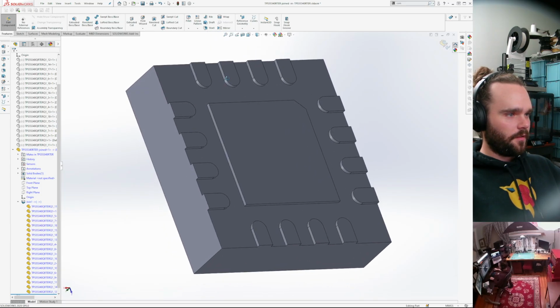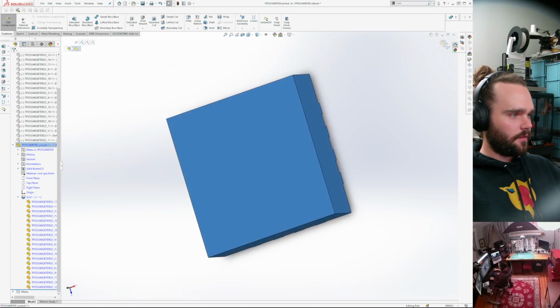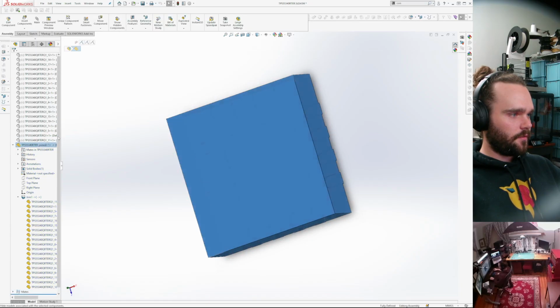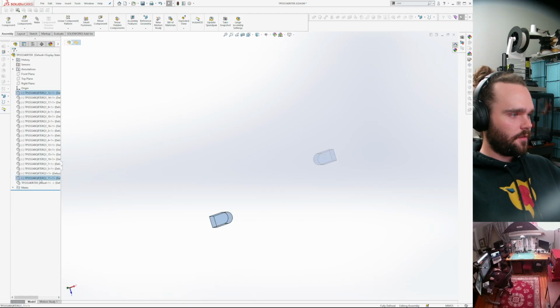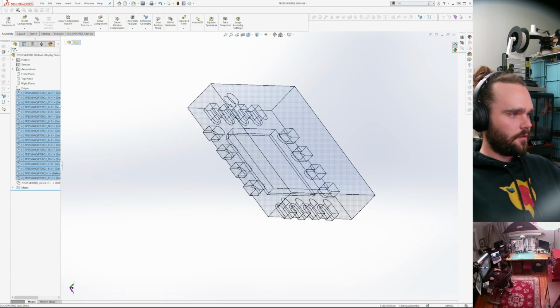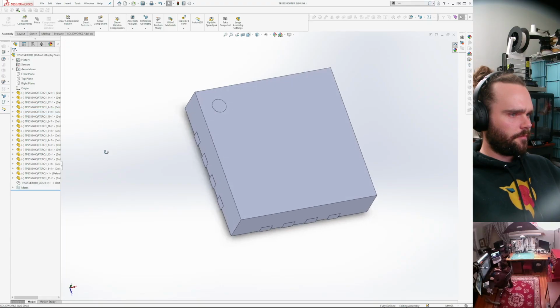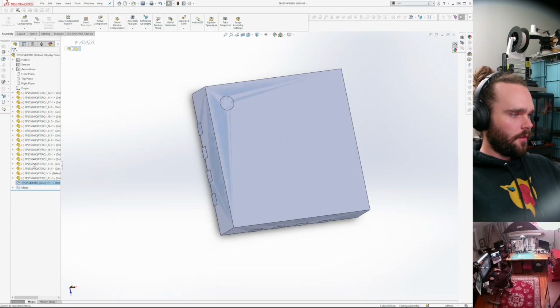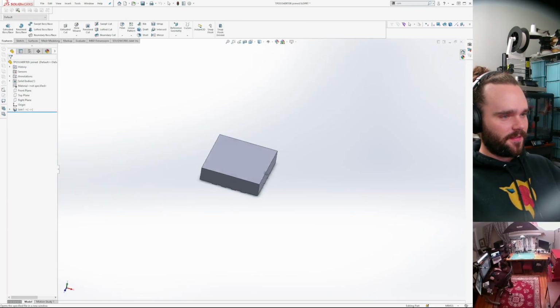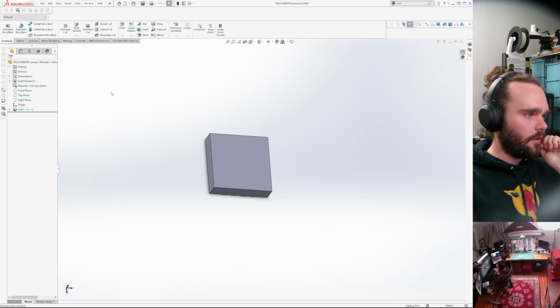Weird. The force surface contact thing made it huge. Whatever. I should probably model in the hole.